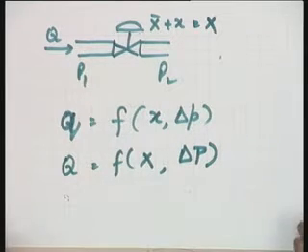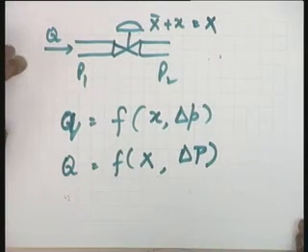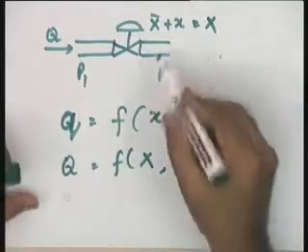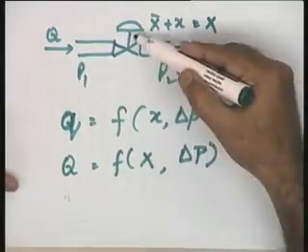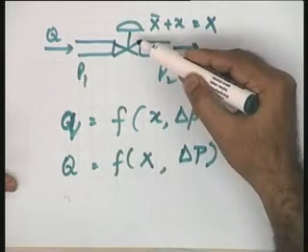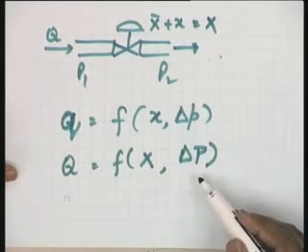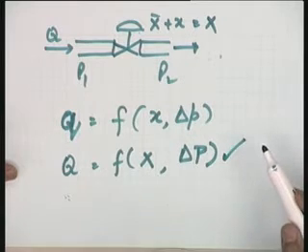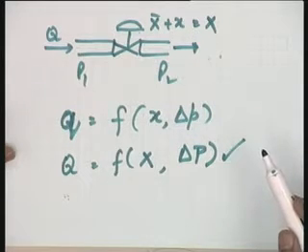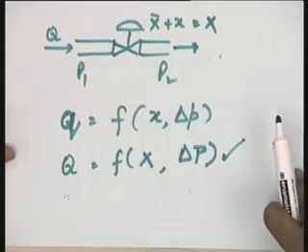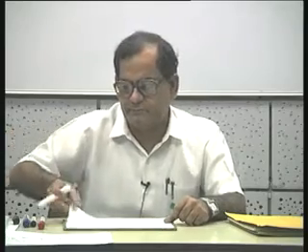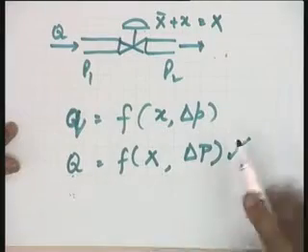So, I want to put it this way: if it is a controlled valve, then the outlet flow is a function of the controlled opening, which is in your hand, which is in the controller's hand, and the differential pressure across the valve. This type of equation I will be using when I write the complete mathematical model for my system. This point may please be understood very carefully. If there is no control available, in that particular case, naturally q is a function of del p only, which we have linearized with the help of a hydraulic resistance. Okay?